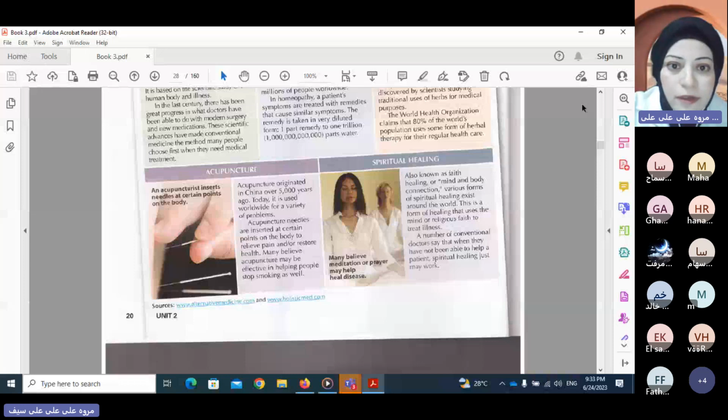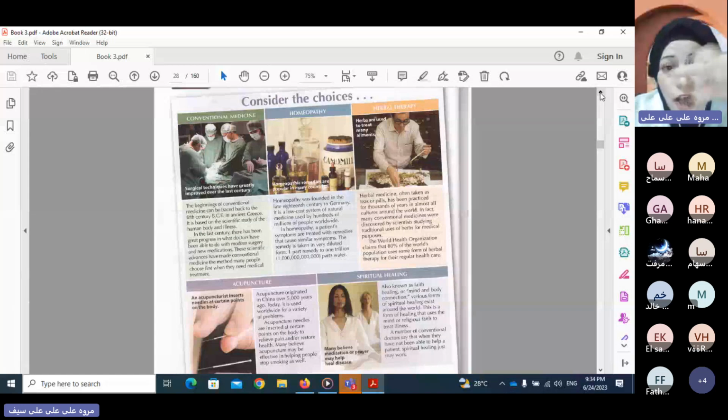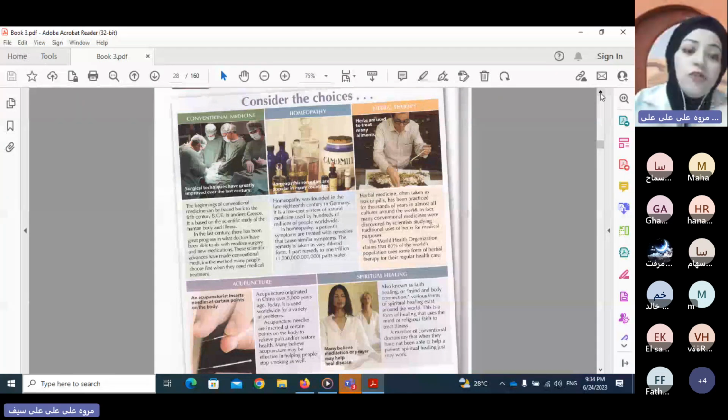Smaller again, sorry for that. You'll not see anything here. No, don't worry, you will read it. I'll zoom in again. Okay, I'll make it bigger. I just want you to have a look at the titles, the internal titles of the passage. The internal titles are the types of treatments that I was asking you to give me examples of. So you have here 5 types of treatments. Please look at the pictures and the titles and tell me what these types of treatment are.